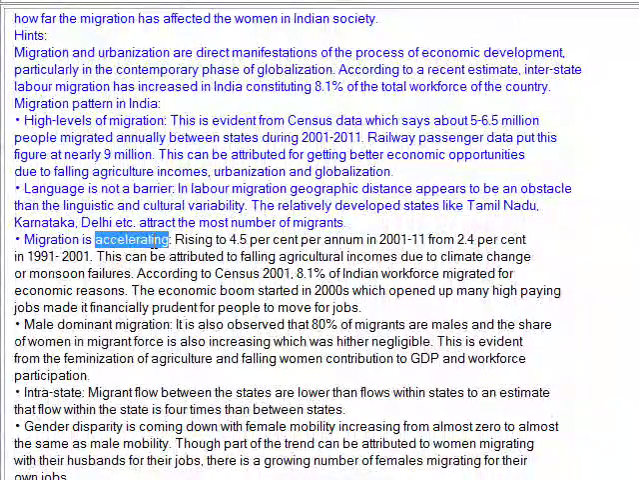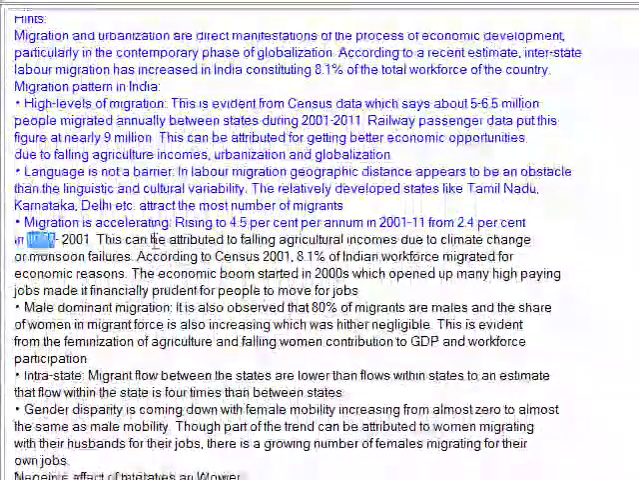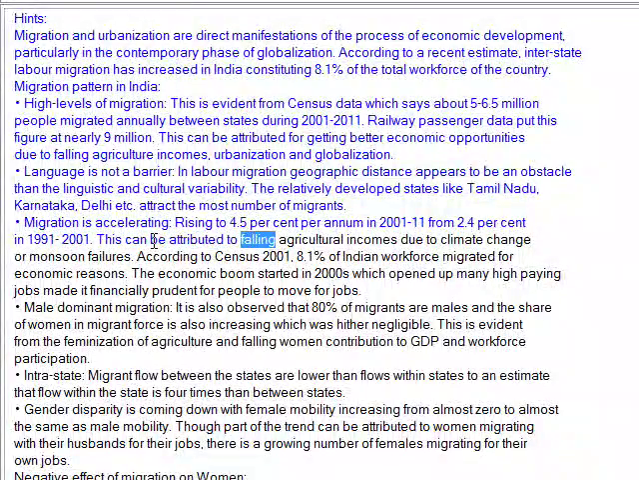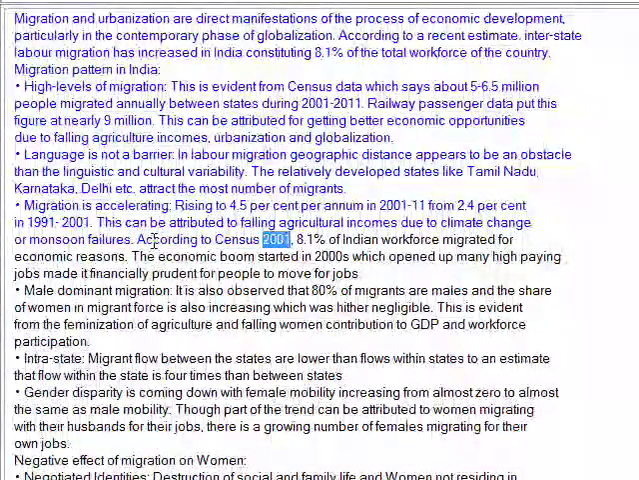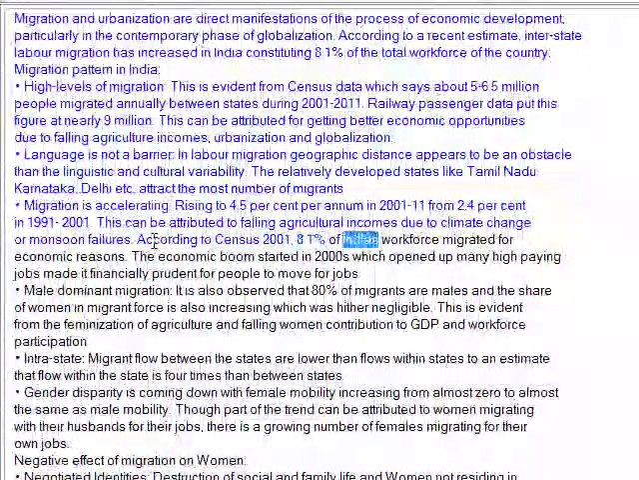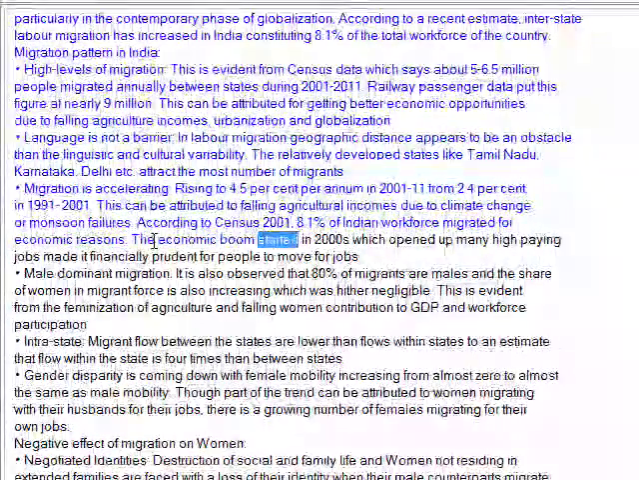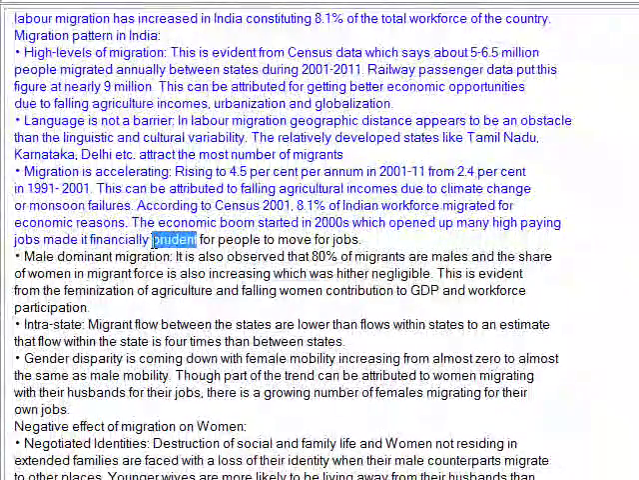Migration is accelerating, rising to 4.5% per annum in 2001 to 2011 from 2.4% in 1991-2001. This can be attributed to falling agricultural incomes due to climate change or monsoon failures. According to Census 2001, 8.1% of Indian workforce migrated for economic reasons. The economic boom started in 2000, which opened up many high-paying jobs, made it financially prudent for people to move